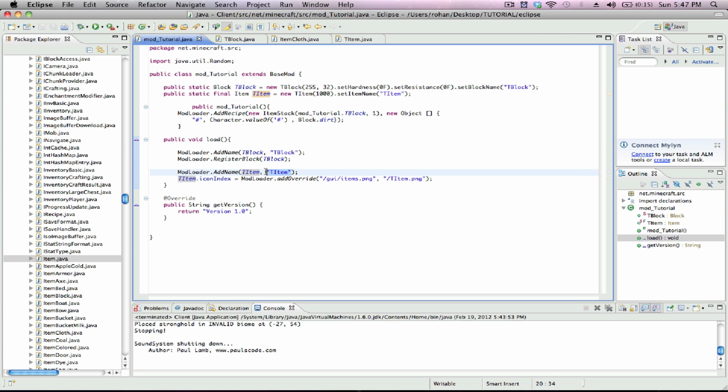Okay, now this T item right here has to be exactly the same as this T item right here, because that's the way ModLoader works. It's hard to explain it, but they have to be exactly the same, okay? Then under that, we're going to say